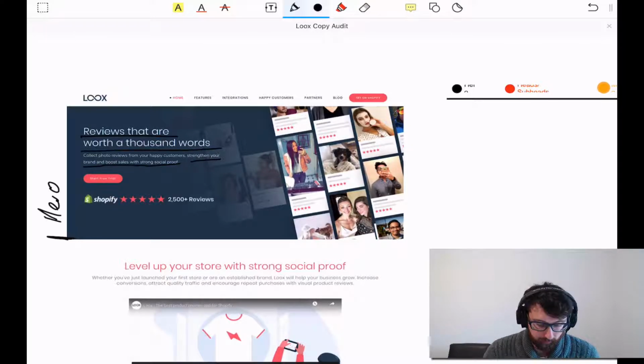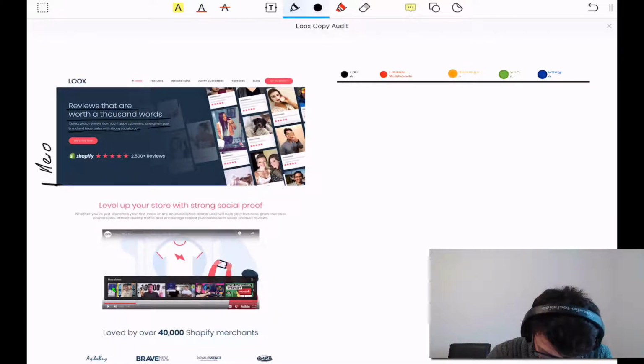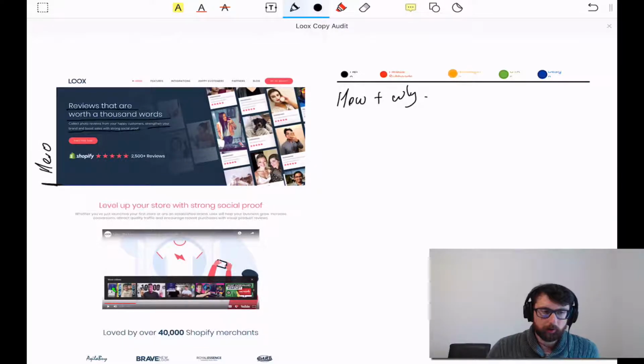It's more a statement that reviews are worth that. It's confusing to me. One of the best value props I think that I read recently was with Recart, and they did excellently what I think you should be doing in a value prop on these sort of pages, which is tackling the how and why. So why should I care, and how are you going to help me achieve the bit that tells me why I should care? So with Recart, it was